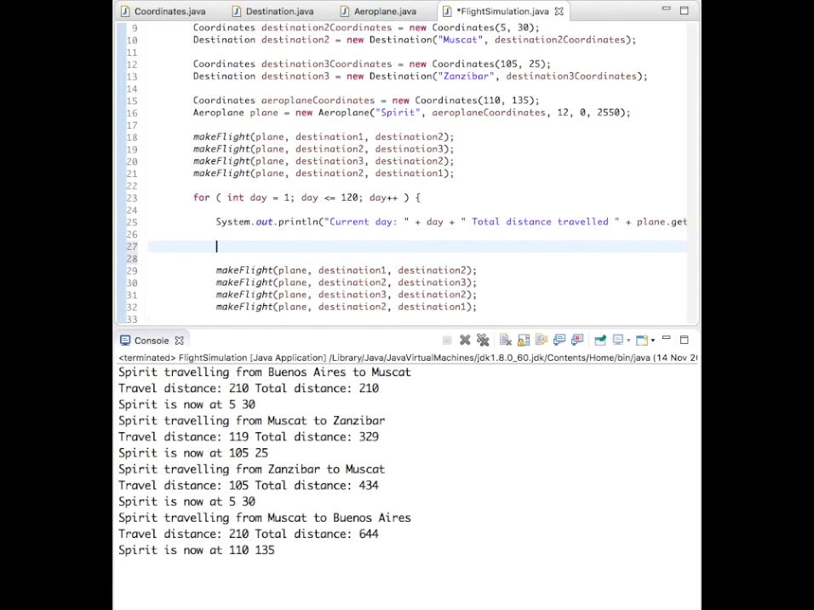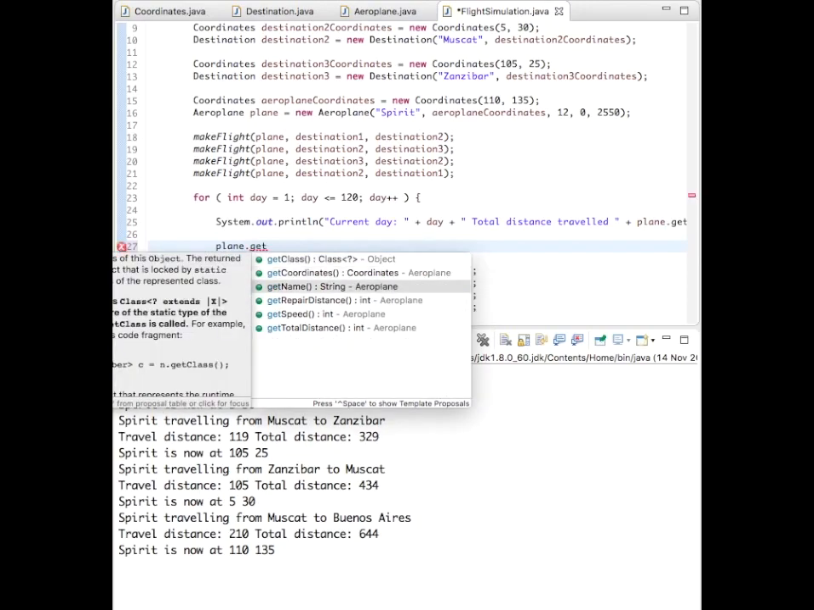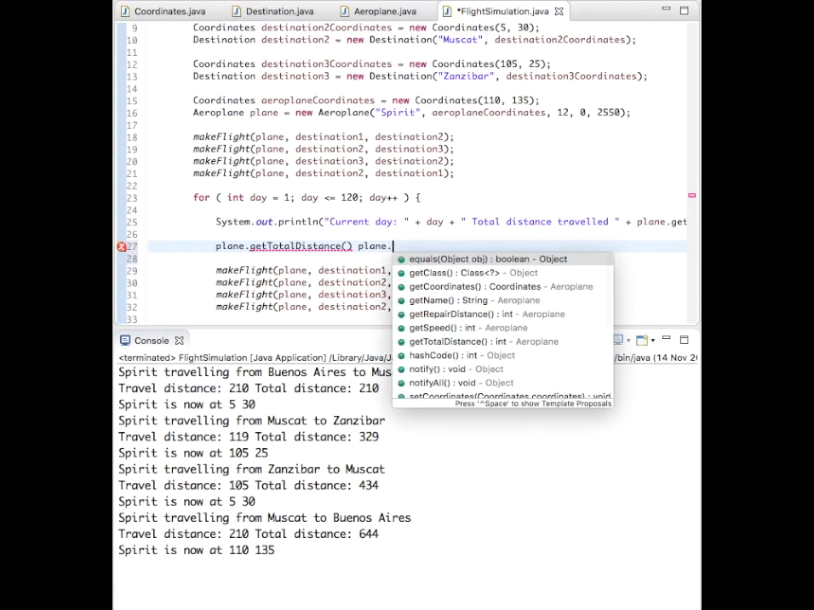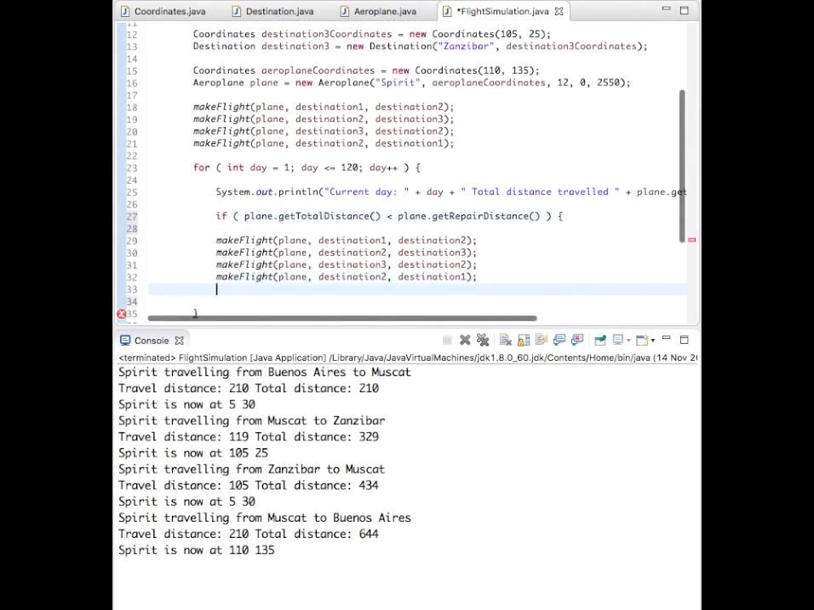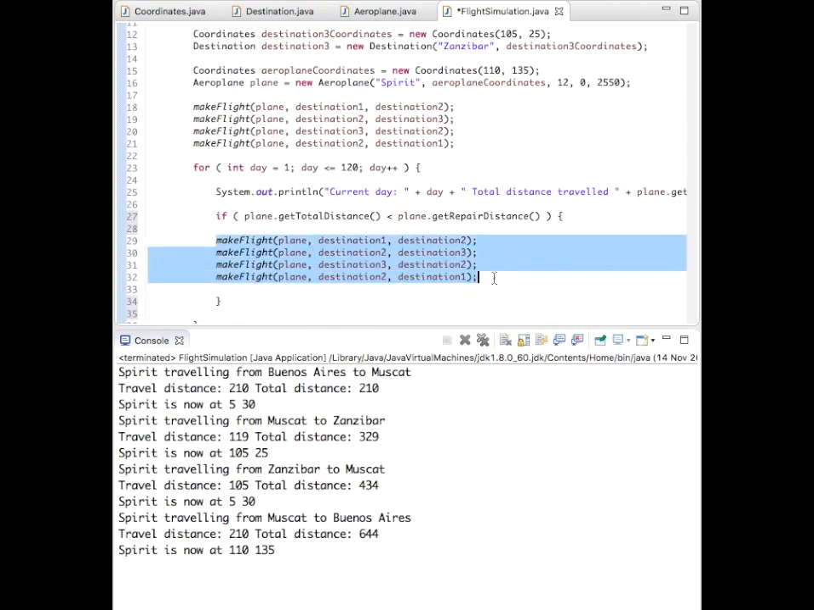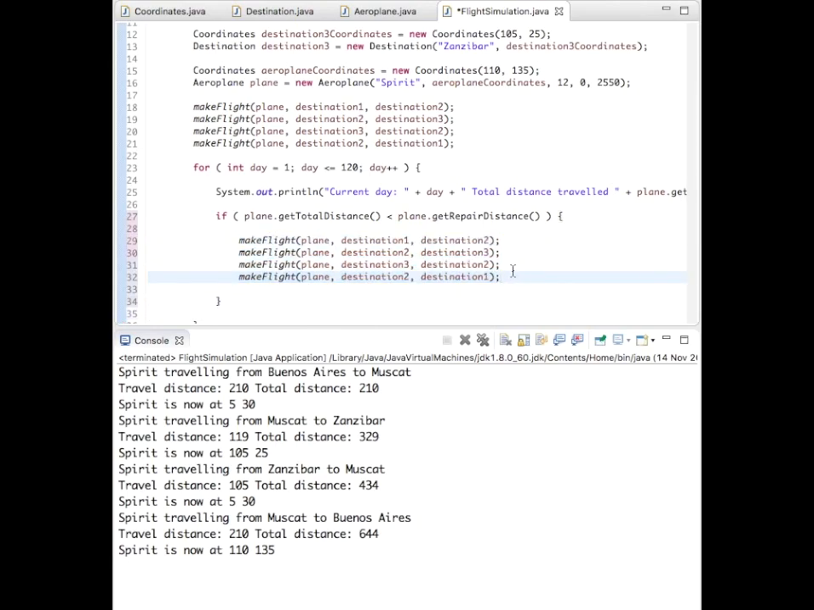So what I actually want to say is, there's a condition. We want to talk about the plane, so plane.get total distance, and we want to talk about plane.get repair distance. And we want to say the only way it's okay for a plane to continue flying is if that distance is less than the repair distance, right? So if the distance that it's currently gone is less than the distance that it needs to be repaired, then we're going to be okay and we're happy to make this flight. Okay, so obviously we wrap this in an if statement because it's a condition that we want to test to perform some kind of action. So if this is the case, if that's all right, then we